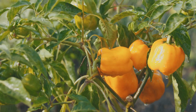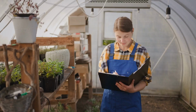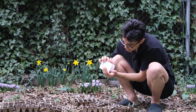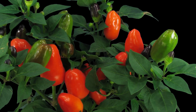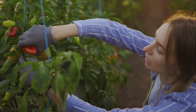So, as you bid farewell to your pepper patch for now, do it with a heart full of gratitude for the bounty it provided and the lessons it taught. Rest assured that when the days grow longer and the warmth returns to the soil, the call of the garden will beckon you once more, inviting you to begin another pepper-growing adventure filled with the promise of continued growth, flavorful discoveries, and the simple joy of nurturing life from seed to